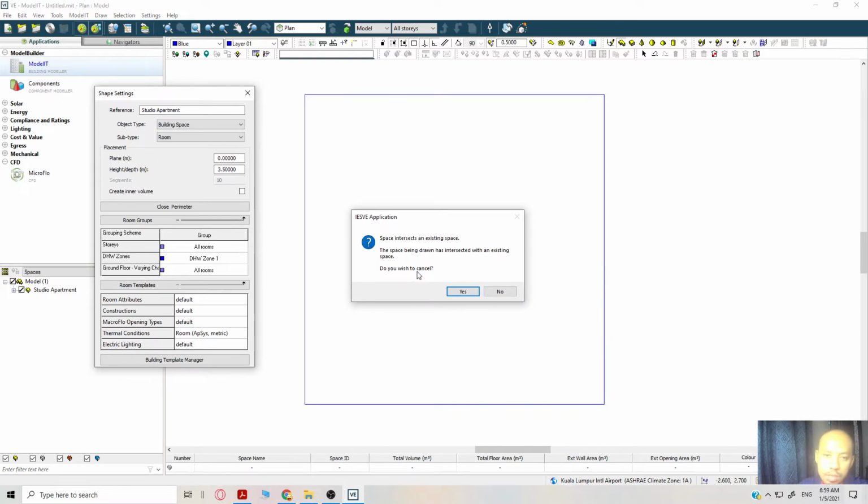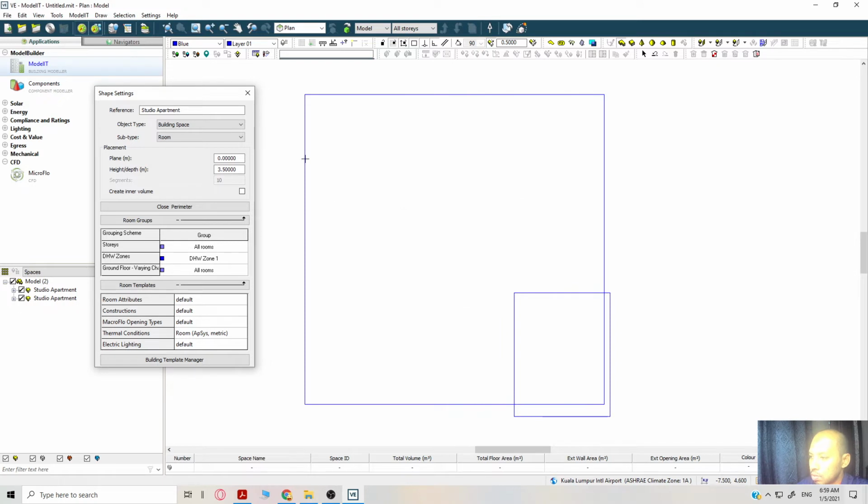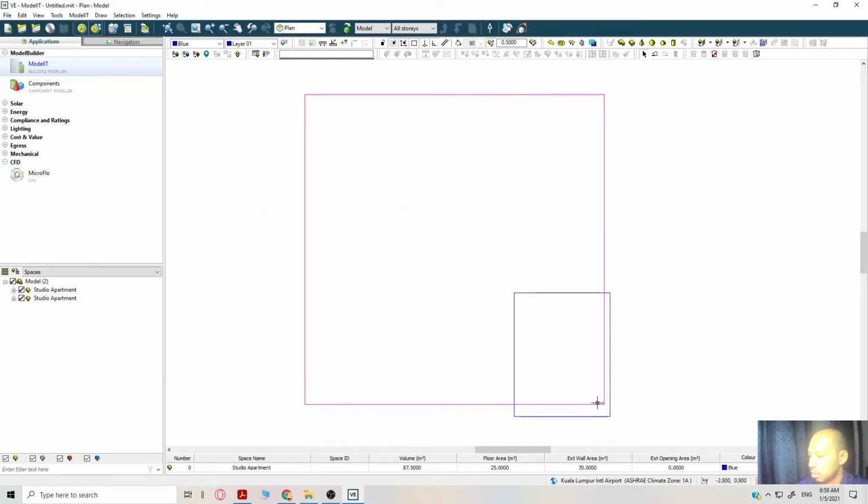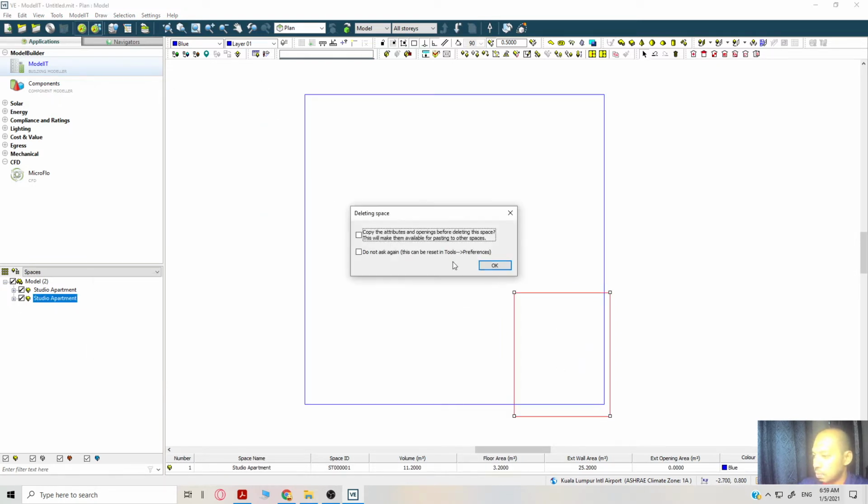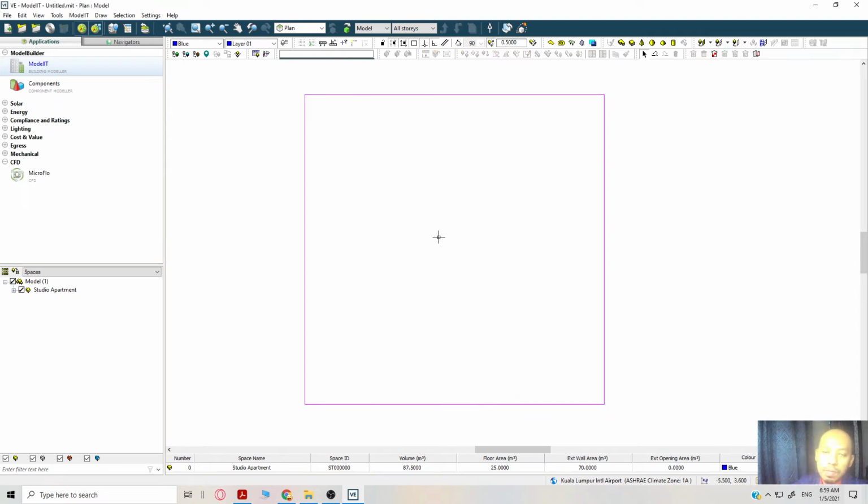See, because it is intersected. So what you need to do is that we're going to create a space within a space. So to create that, we need to use a command. So I have to delete this, because we don't want to make it difficult for IES to do the simulation later. So to do this, you need to separate the space inside the space, inside the model that you already have